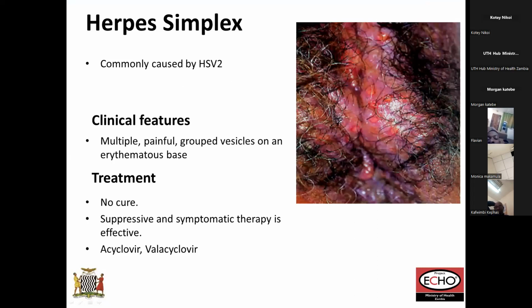Okay, so before we go into it, I think there's a slide missing in terms of the approach to STI management. I'll go into the specifics after that. So usually there are three approaches. There's syndromic management of STIs, there's the etiological and the clinical. Syndromic is usually used in a setting, maybe a remote setting, with no laboratory support. If one presents with a discharge, for instance, you cover the different agents that can cause that discharge. So you cover the agents that can cause that syndrome.